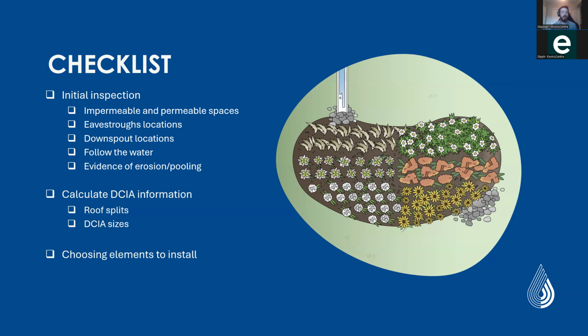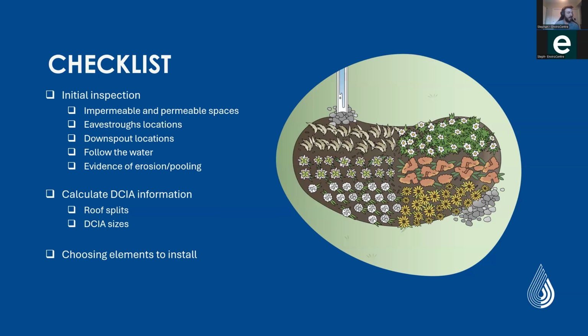And then again, learning how to calculate the DCIA sizes. Even if you don't use your computer to do the drawing, it is important just to be able to get a rough idea of how big each DCIA is. Again, just to calculate, for example, a rain garden is going to be 10 to 20% of that DCIA size,